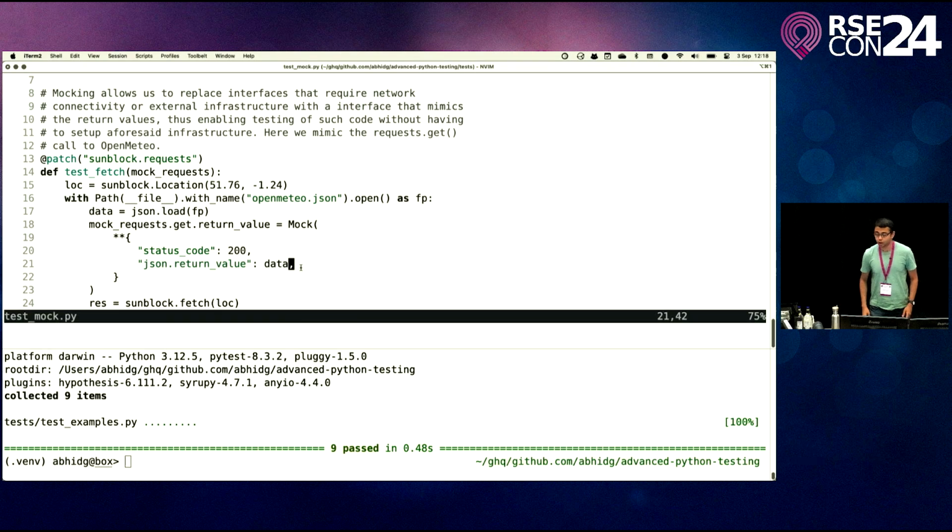Okay, so how does mocking work? So I'm patching the request module, which is used to fetch the data. I give it a location, and this is the openmeteo.json. That's the stub, right? So I load the stub in, and what I say is that this is the main line. Mock requests.get. So because it's requests.get.json, right? So mock request.get.return_value is a mock of